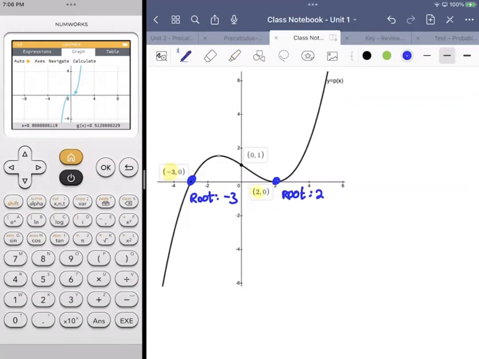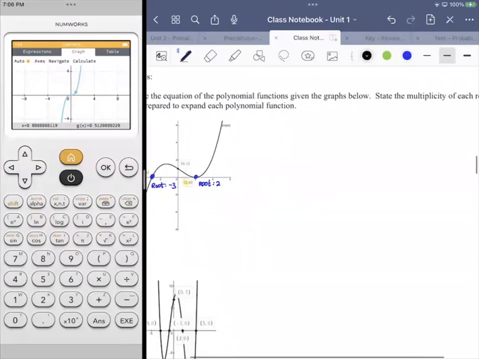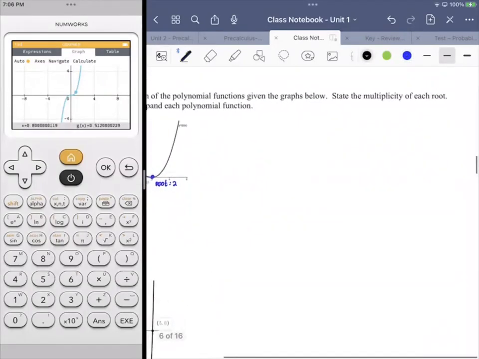Now, we can create factors from roots. I'm going to do a quick side problem. Just off on the side here, let's say, for example, you had x squared minus 4 equals 0, and you needed to solve it by factoring. You'd factor the problem: (x + 2)(x - 2)